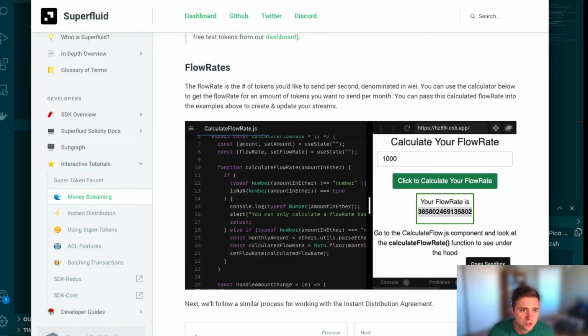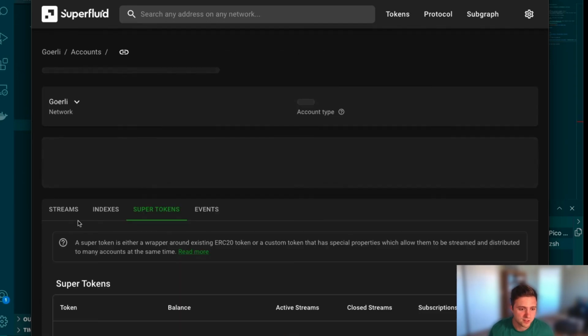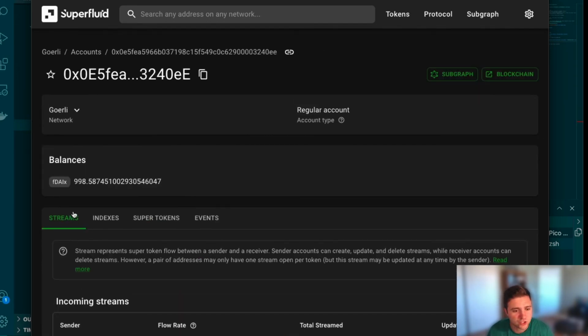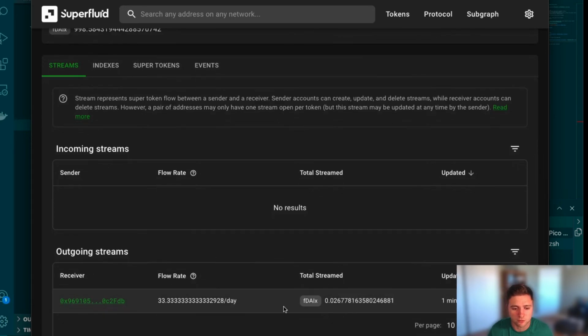So if we go to the console and we refresh on this address and go to streams, we should now see a stream coming out of the contract, right? So there's no stream going into the contract yet, but we can see that this balance is being ticked down in real time because a stream is open from the contract, right? We just created a stream at roughly 33 tokens per day, which is going to add up to roughly 1,000 per month, and we're already streaming money. So you have just created a contract that can receive super tokens and send them out in the form of